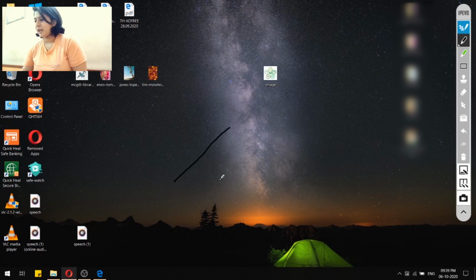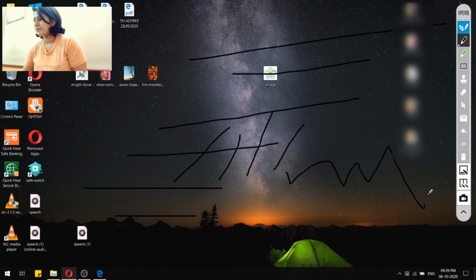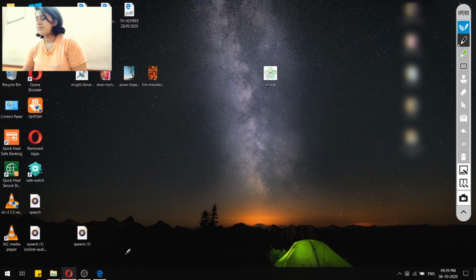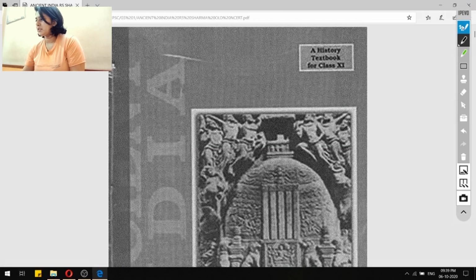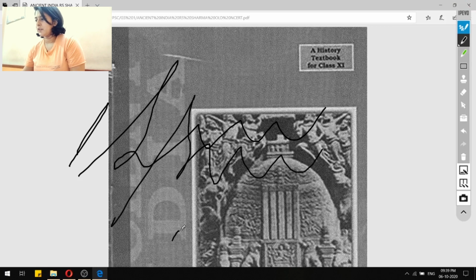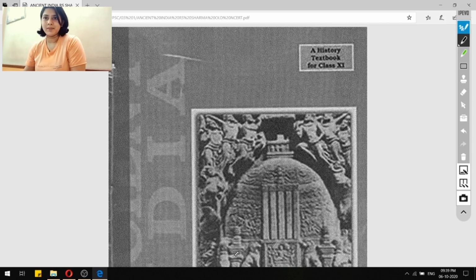See, I have a black ink here, and I can scribble on my screen, so I can do whatever I want on my screen. See, and I know I shouldn't have done this, so I'll just delete it. And not only on desktop, if you have a PDF and you want to go to the PDF, you can scribble it here also. See, so you can write anywhere on your screen with the scribble pen you have on the top of the toolbox. So we're just gonna delete whatever scribbling we did, and we're gonna move back.